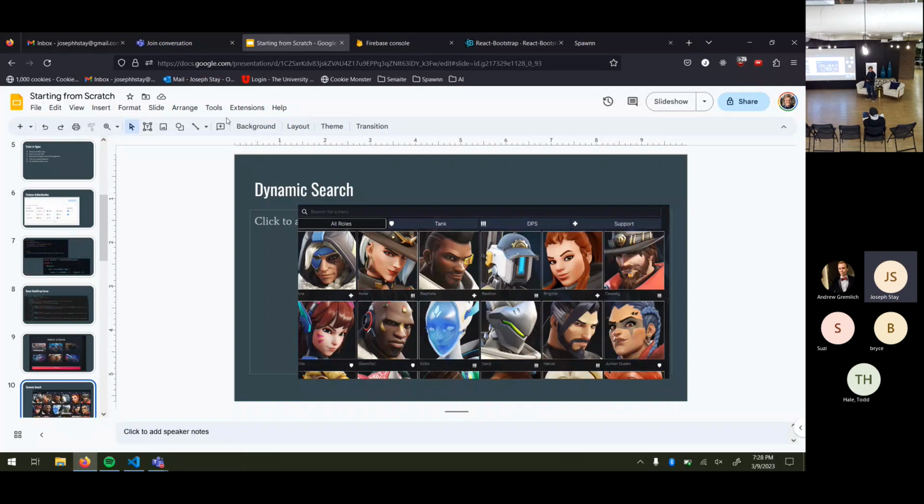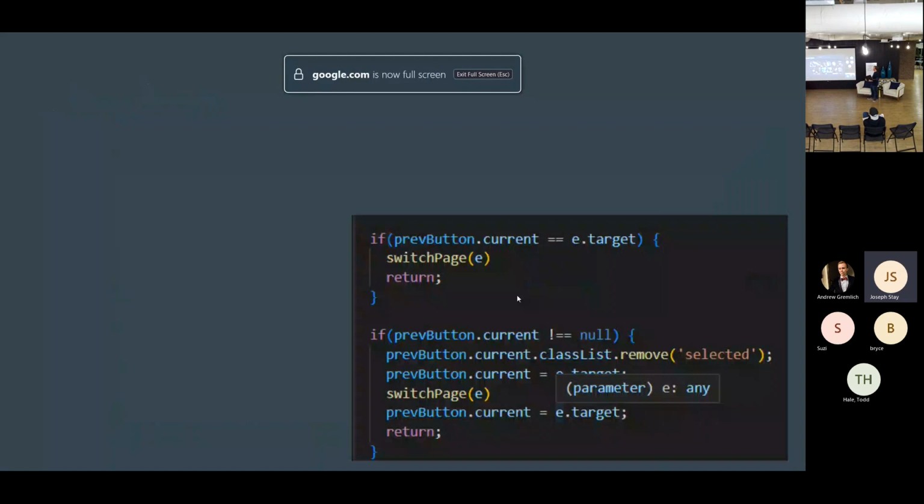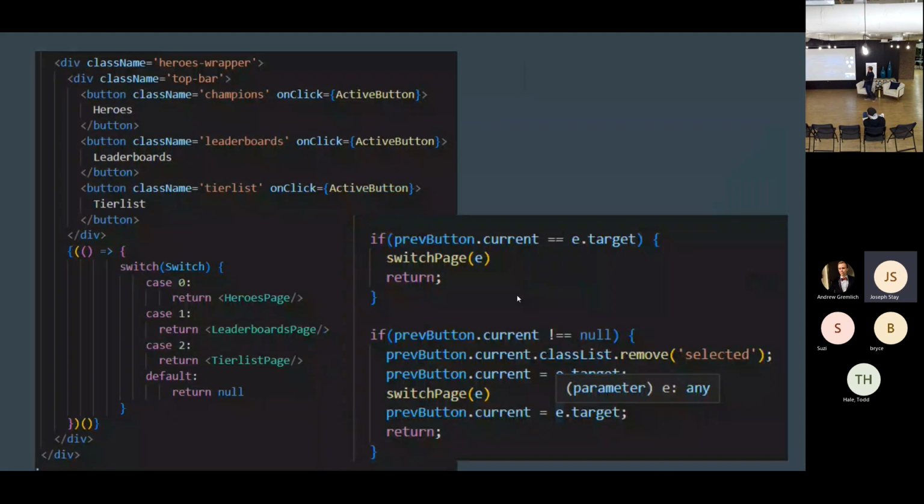Yeah, so just to go over some of the code there that I think is quite interesting, it's pretty simple. First off, it's really just three different objects, three different HTML elements, three different pages that I'm switching between based off of which button is quote unquote active.